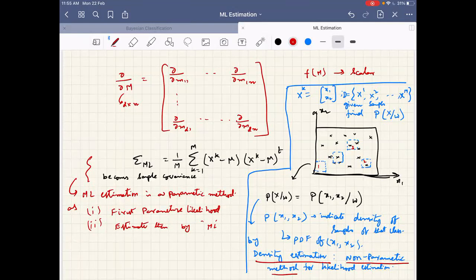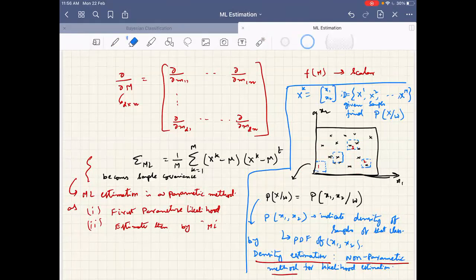If I want to find out density here, I will grow the window till I capture 3 samples. Three nearest neighbor means I capture up to 3 samples. I will grow the window till I capture 3 samples, then the area averaged value will be given as the density. If I grow the window up to somewhat here, the area averaged value will be very low here. So we have two different methods for density estimation.